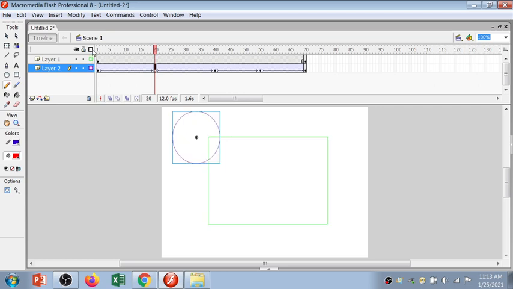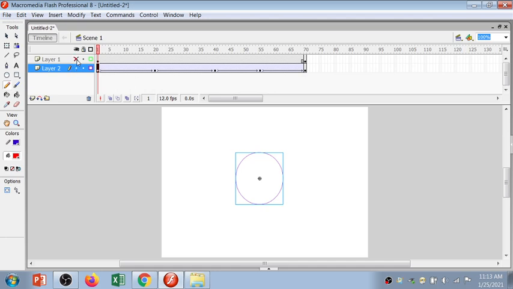By pressing this, if multiple objects are there, since the objects are filled, you can't see the backside object. But if only lines are there, you can easily find the object. See, so you can identify that there are 2 shapes, right? The circle and the square. This blue square line is for the symbol, right? It is not the shape. See, I'll show you.